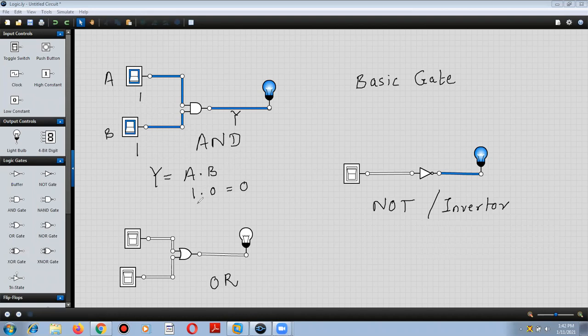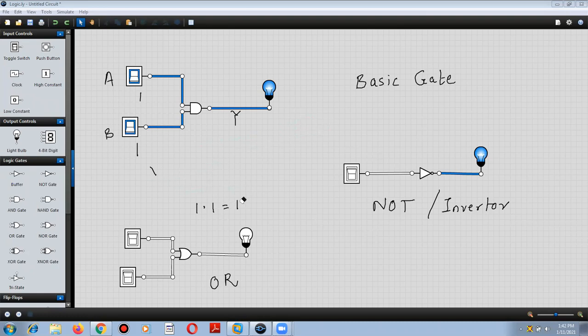So 1 into 1 will be equal to 1. Therefore the bulb is now showing on. Here on we are considering as logic 1 and off we are considering as logic 0. So this is the basic operation of the AND gate. I hope the AND gate concept is clear.